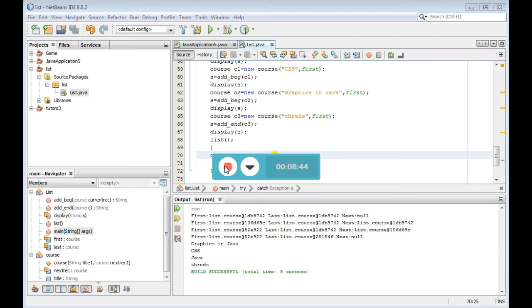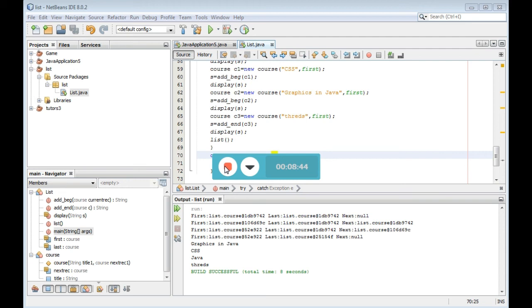So the last record is threads. There is a spelling mistake. Threads have been added as the last record. Now we can remove the record from the beginning and remove the record from the end of the list.